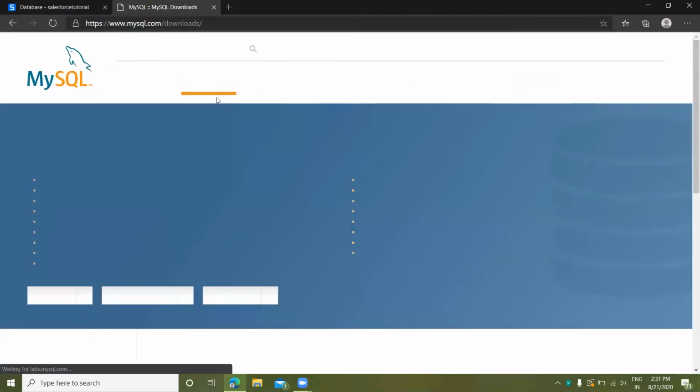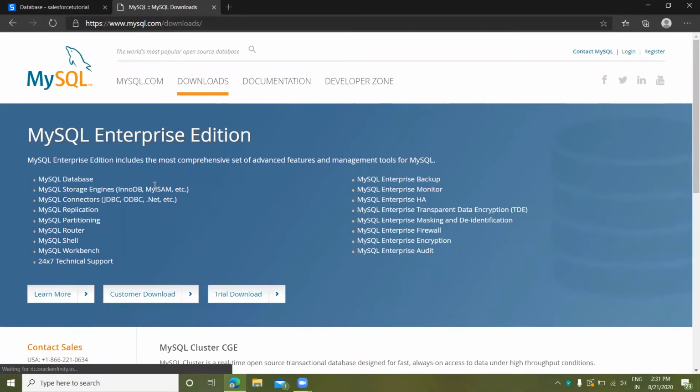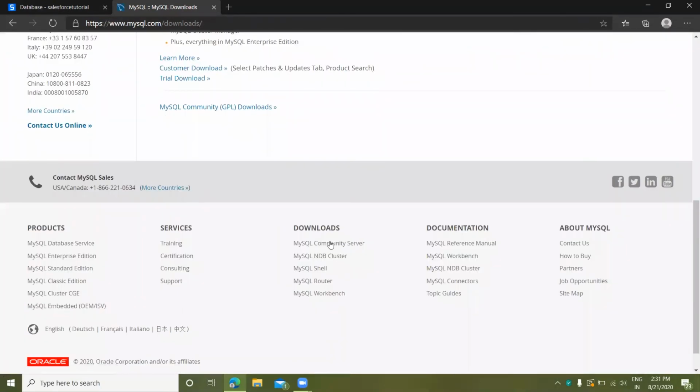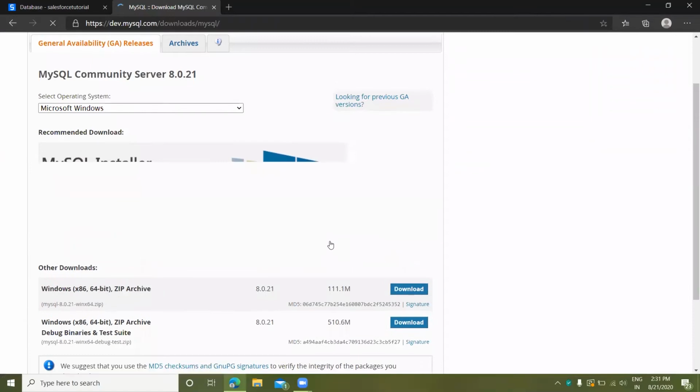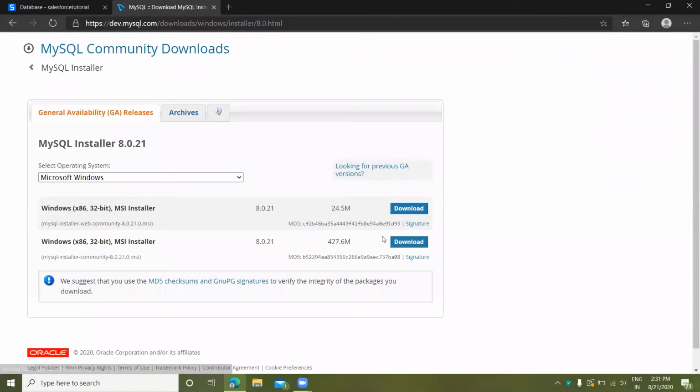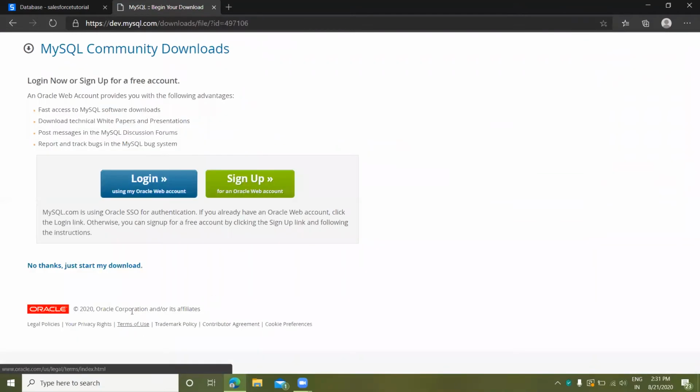We have to download the MySQL Community Server. So here is the MySQL Community Server. Now go to the download page, click on the download button, and choose "No thanks, just start my download."